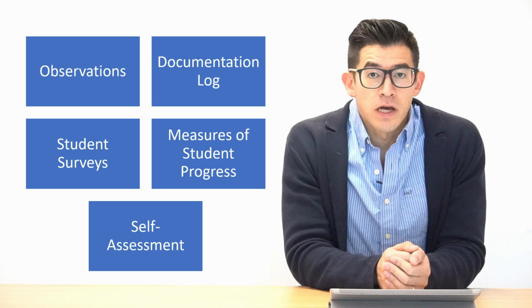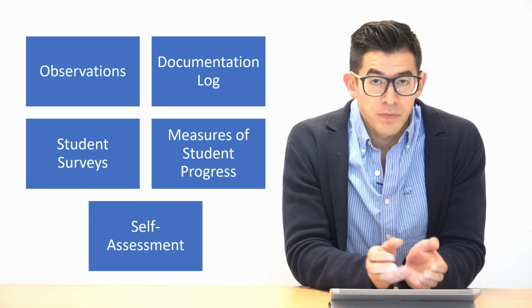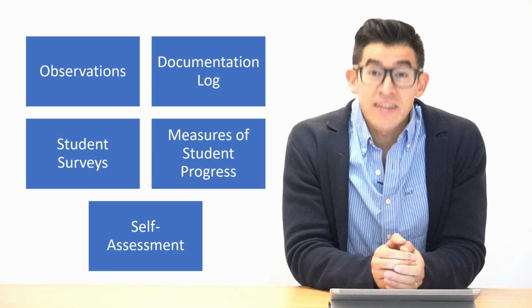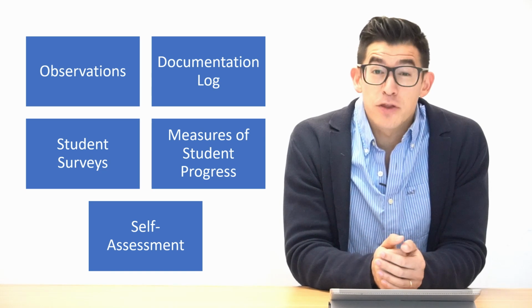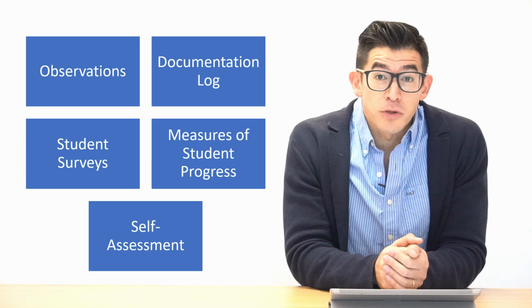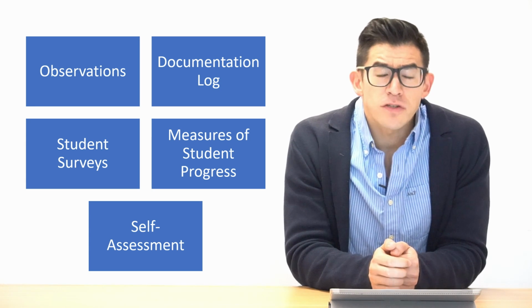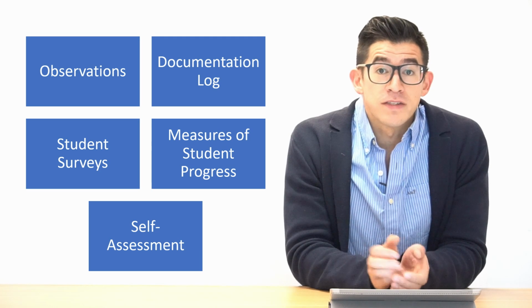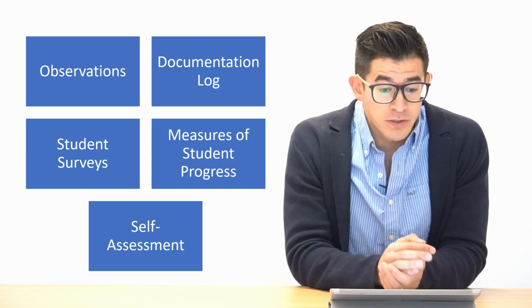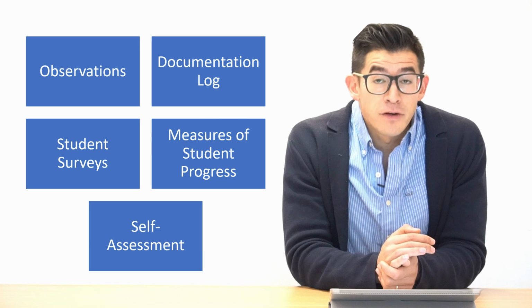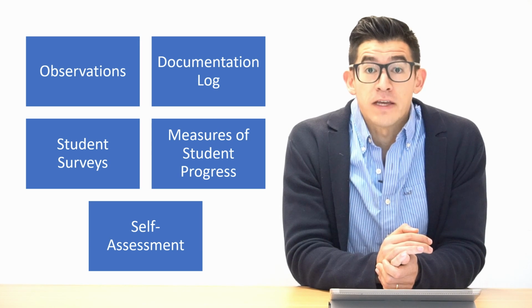Stronge EPES draws on multiple data sources in order to evaluate stakeholders. There are observations for teachers, for new teachers, at least 3 formal observations per year, in addition to several informal observations. There's also a documentation log, which consists of artifacts that teachers contribute, as well as student surveys performed at least once per year at the end of the first semester and optionally at the end of the second semester